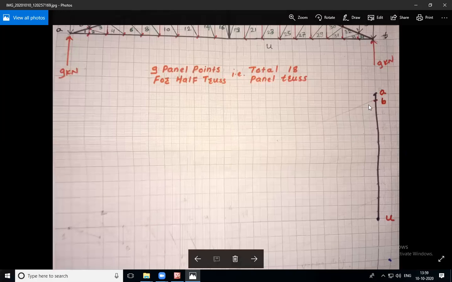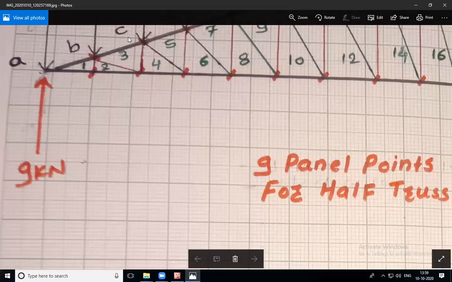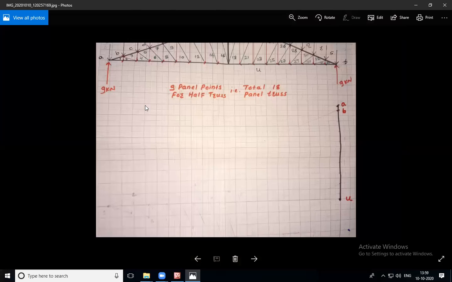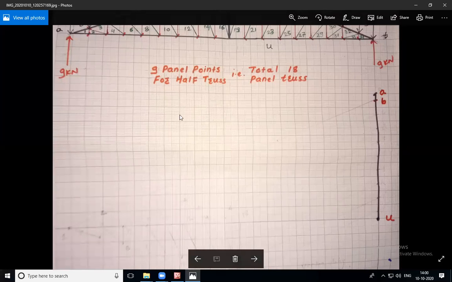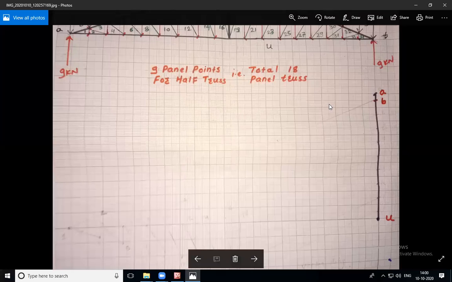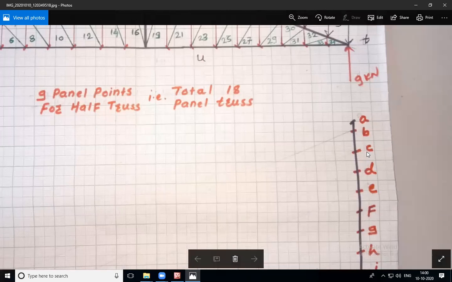Then after the location of B, we have to go for the next point, that is C. Now see, if you move from B to C, there is a 1 kilonewton load present. So this figure has a 1 kilonewton load here. From B to C, the load is in the downward direction, and 1 kilonewton load is present. So 1 kilonewton is equal to 1 centimeter, and move in the downward direction. Move downward for 1 centimeter and you will get C. After the location of C, our figure will look somewhat like this.